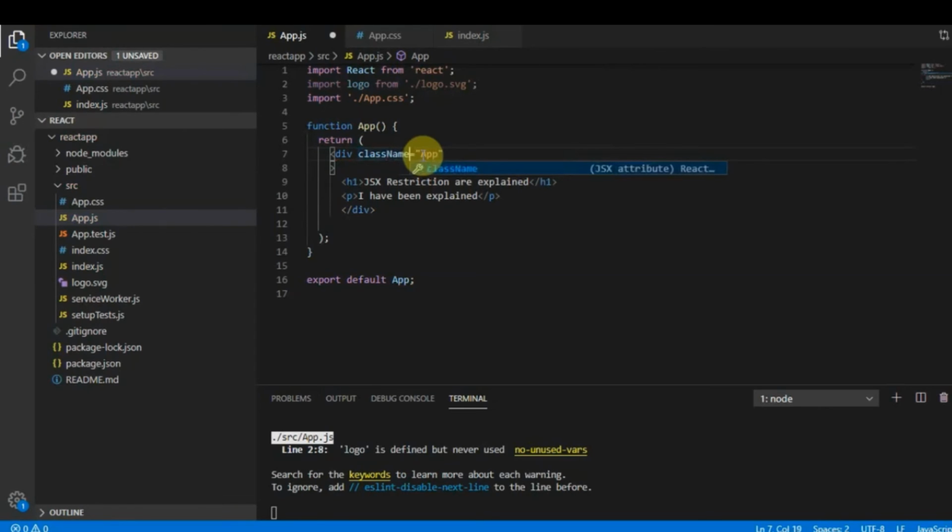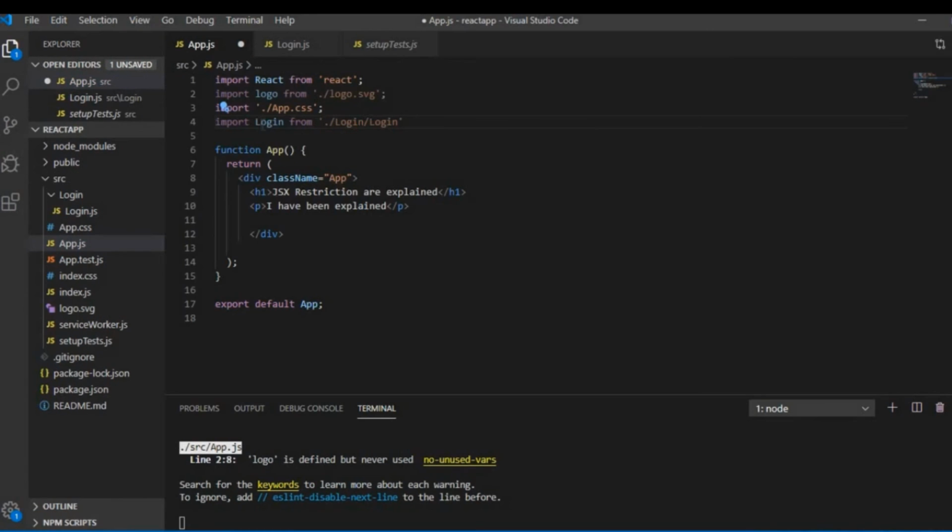It is not mandatory to write login.js over here. You can just write login. It would refer to that login.js which is present over here. One important thing is this particular element shown over here: Login, the L should be capital, and it can be a different name. You can type any other name. It is just a reference, consider it as an object. So you can mention a different name as well, but make sure the first letter is capital,